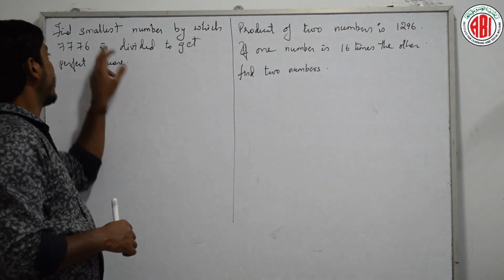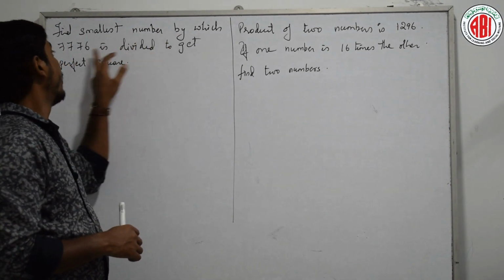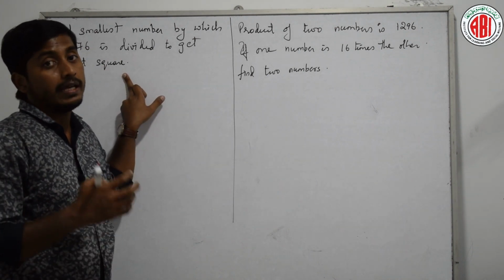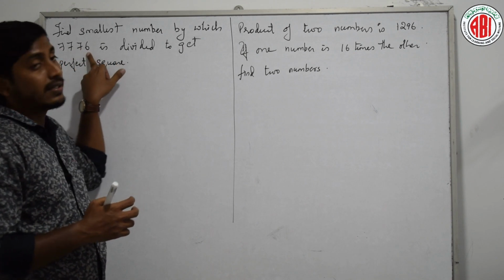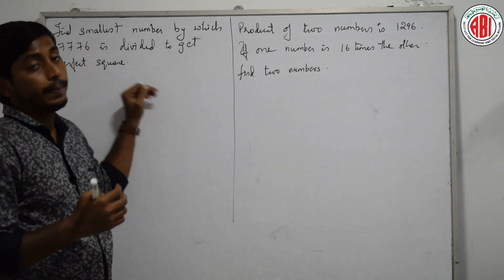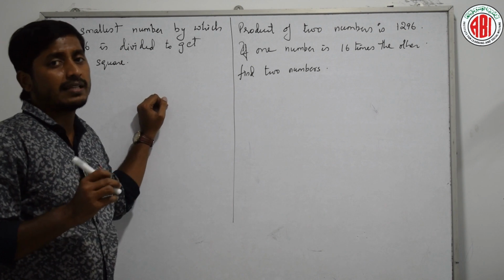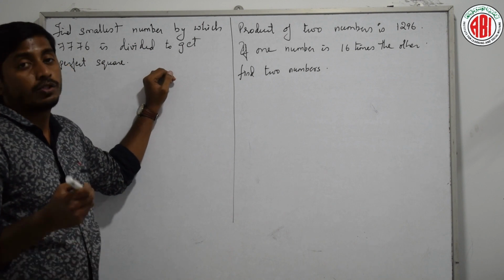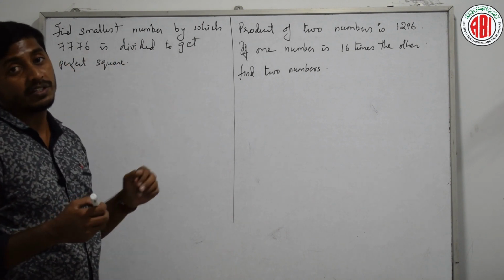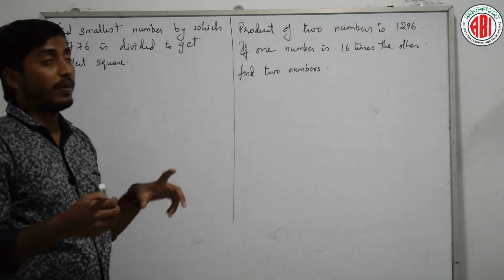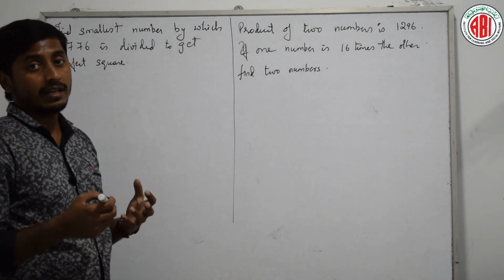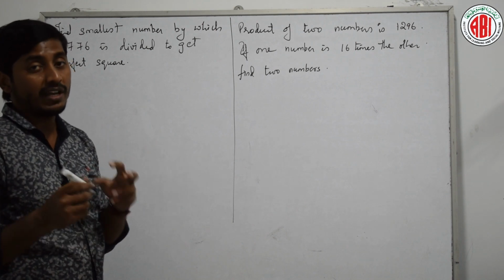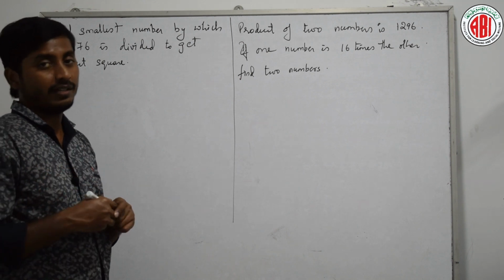The question given here is: find the smallest number by which 7776 is divided to get a perfect square. He is asking by what number this has to be divided so that we get a perfect square. What did we do in the last class? In that question, he was asking to find the number to multiply this number by so that it becomes a perfect square. There we have to multiply it. Here we have to divide it. How do we do it? Whatever numbers we get extra, other than the pairs, we have to just divide it. See here,